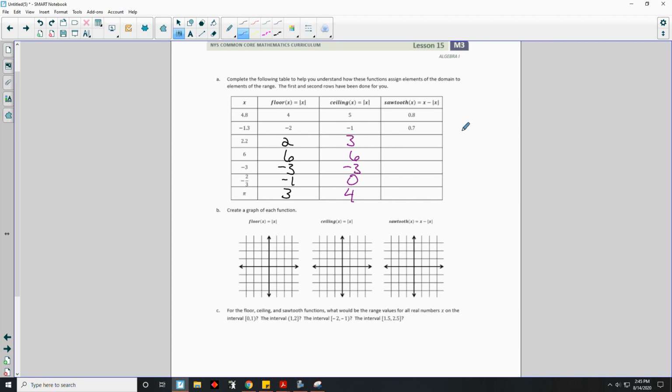Alrighty then. So then we have the sawtooth. It equals x minus the greatest integer. So the first one's done for us. We took 4.8 minus the floor. 4.8 minus the floor is 0.8. 4.8 minus 4 is 0.8. Then -1.3 minus